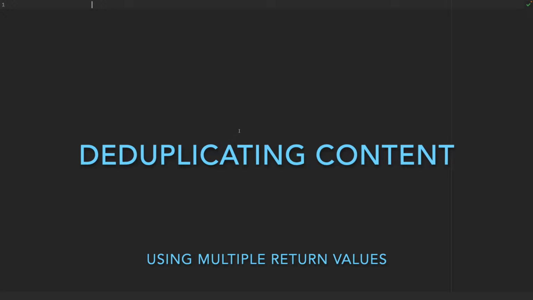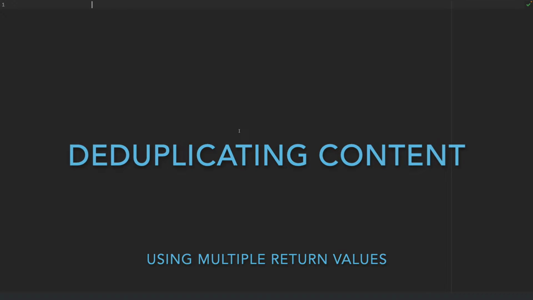Hi, in this video we will store content in a slow database and use a second fast database to make sure that each content item is only stored once. In this program, our fast database is going to be a simple Python dictionary, and our slow database is going to be abstracted away by a store function which gets the content